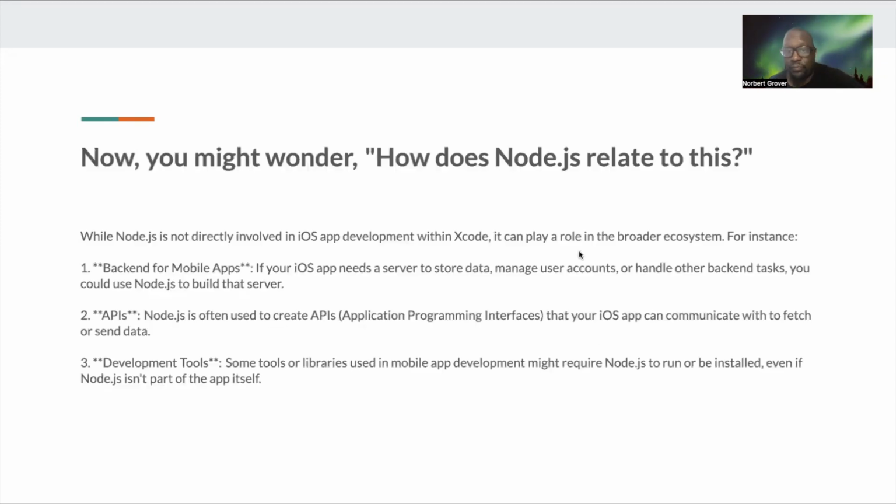Yeah. You know this. So how does Node.js relate to this? While Node.js is not directly involved with iOS app development within Xcode, it can play a role in the broader ecosystem. And again, we're talking about creating APIs where you make calls and they have responses. Okay? Which means, in layman's terms, you want data. You aren't getting it from your app, you're getting it from a server far away. You make an API call to a program that runs on a server and it sends you back